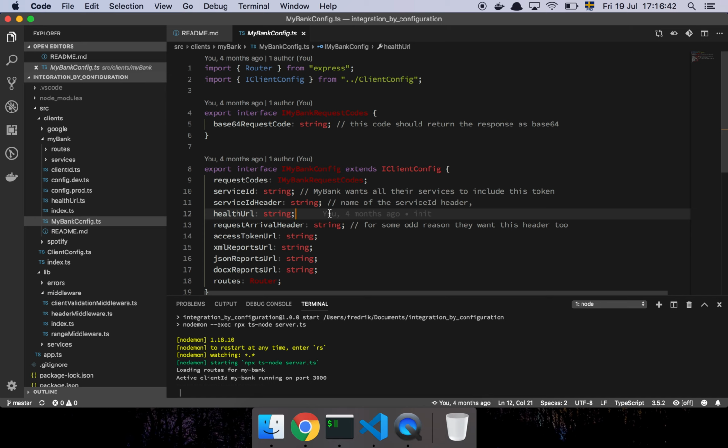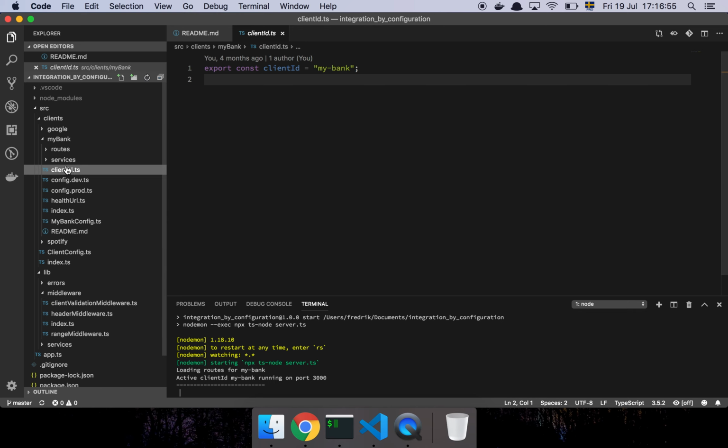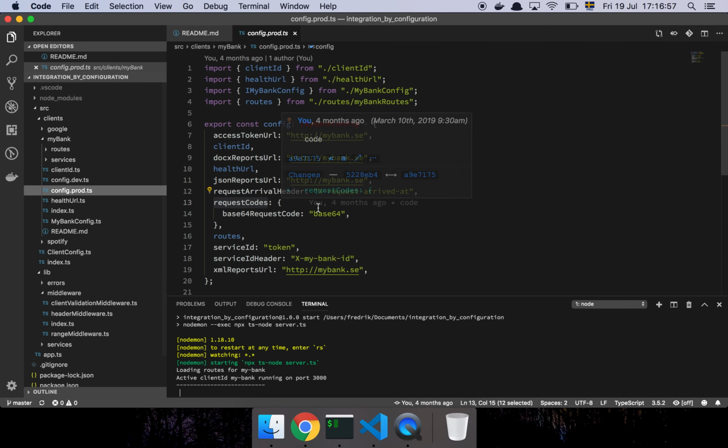And this way you don't have to create a set of different routes and duplicate all your code. You can still maintain the same route, you can just customize the response. So let's have a look at this. We have health URL as earlier, client ID, let's look at the prod configuration, and here we have a bunch